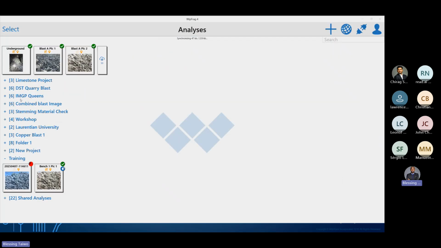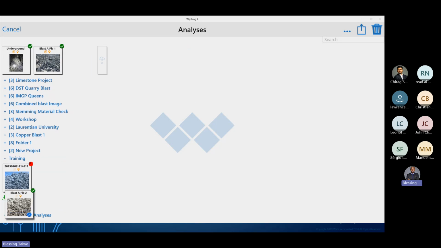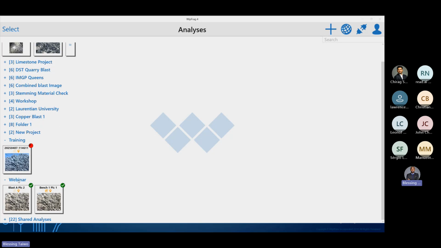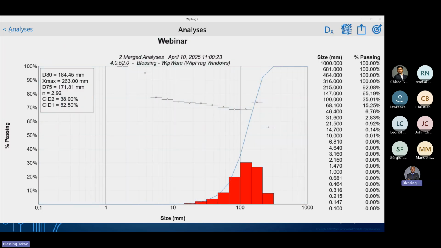Then you can also create a profile. You can create a project profile here. For example, let's say this is a webinar picture. Then all you need to do is to drag those images that you've analyzed. If these 2 images, picture 1 and picture 2, are from a single blast, you can put them into a profile.